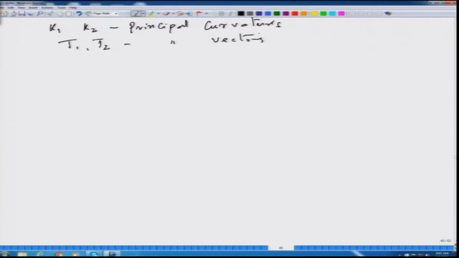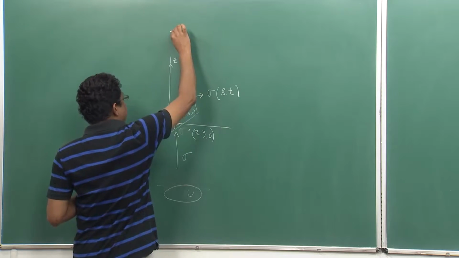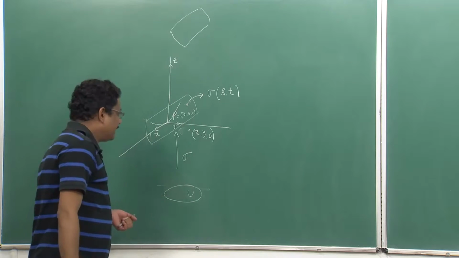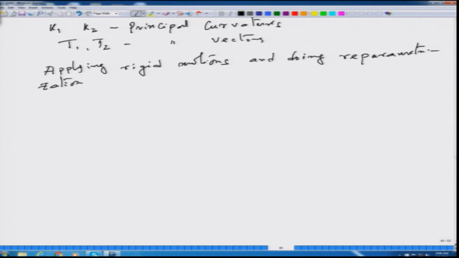Now, to understand things in a little bit easy way, whatever my surface patch is on the 3-dimensional space, maybe it is here, I can apply some rigid motion, and doing reparameterization, we may, and will actually, assume